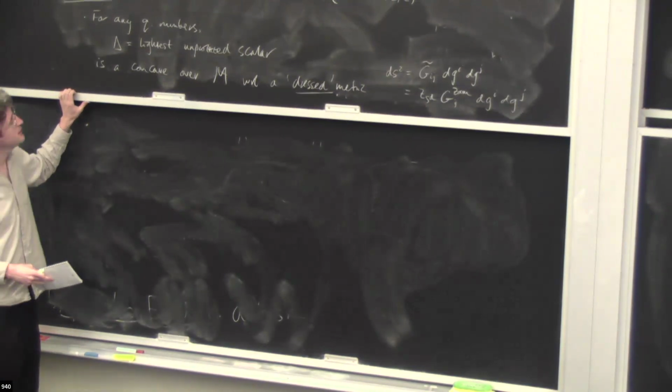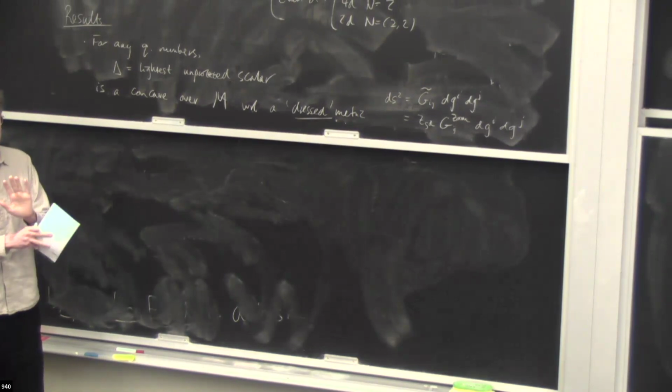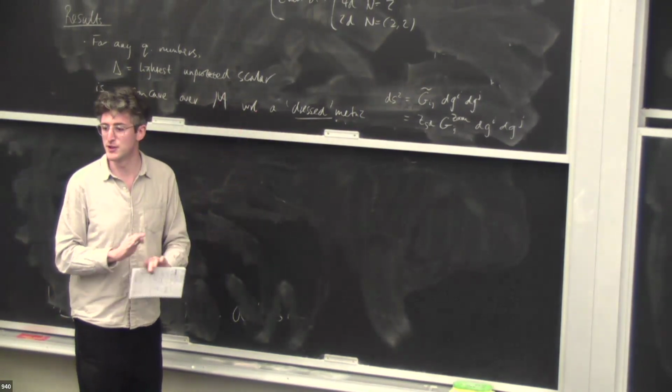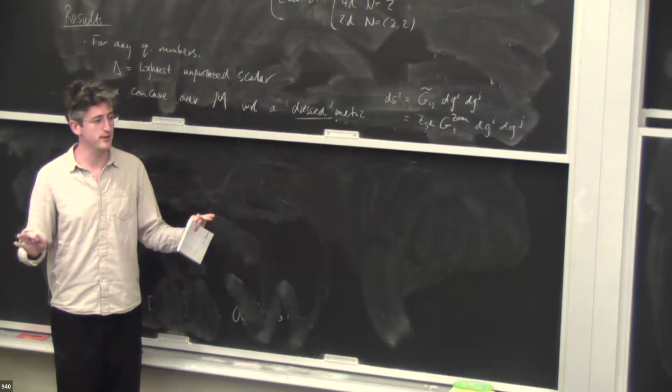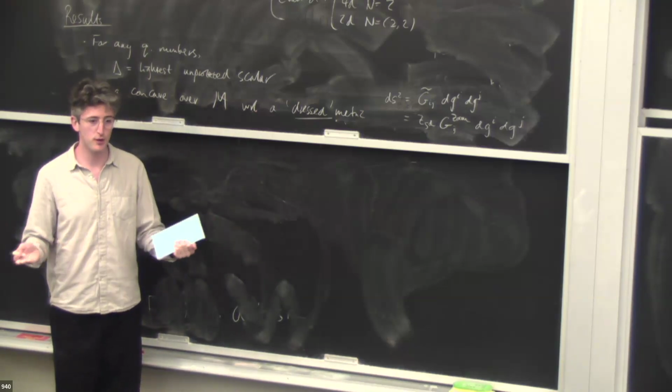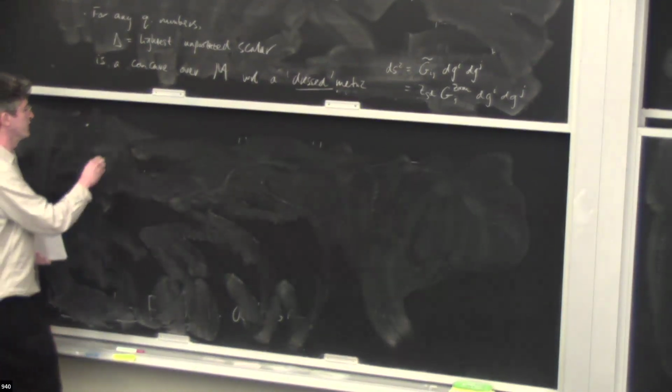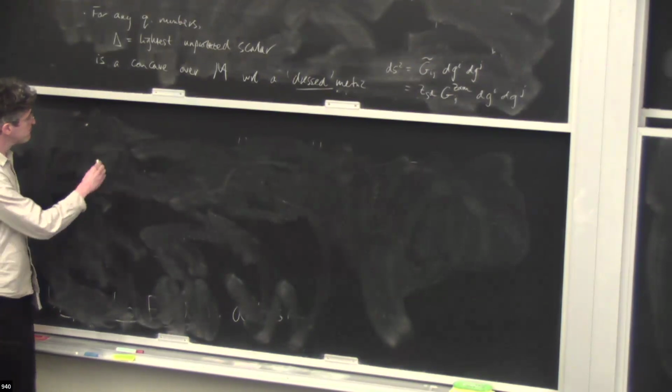Yeah, I was going to say that in a minute. So unprotected: for me, protected literally just means constant. So any scaling dimension which is constant over the conformal manifold, I'm calling protected. And ones which are not constant are unprotected. So I can also give a more general statement. So more generally,